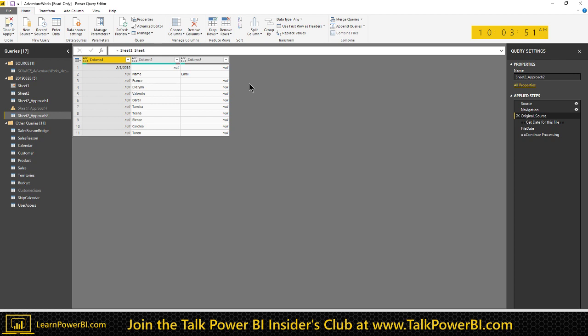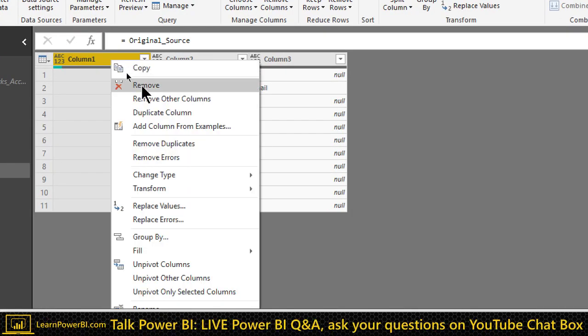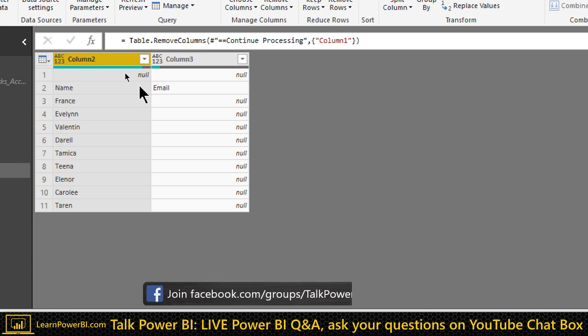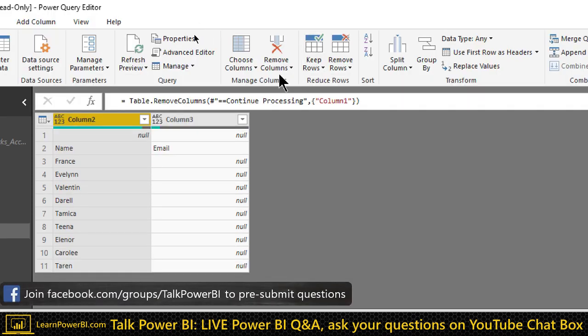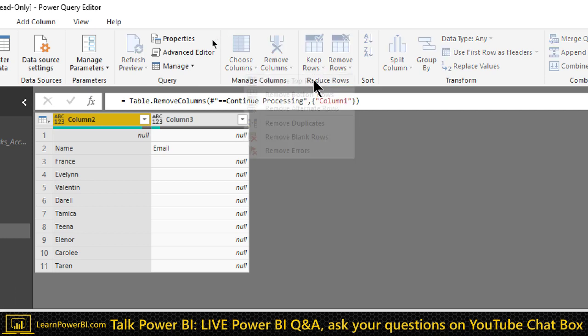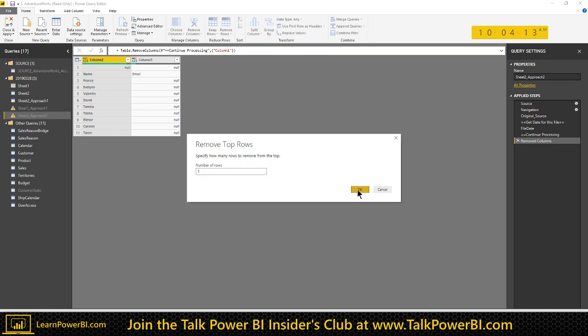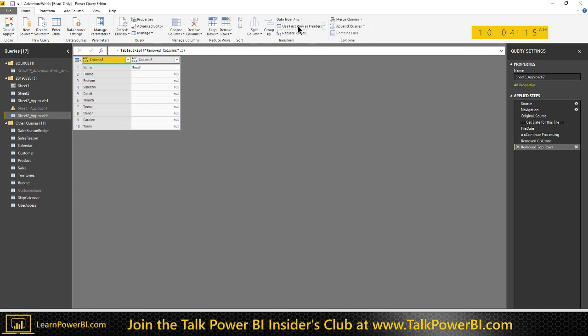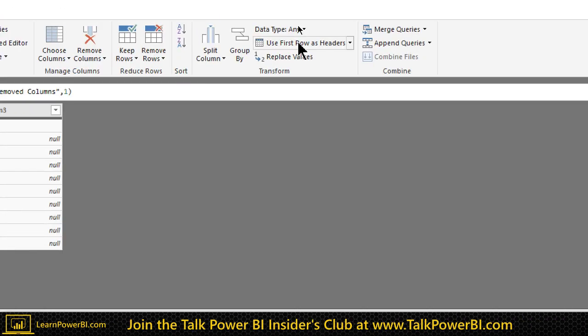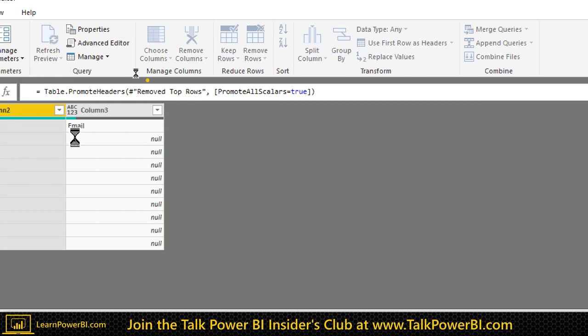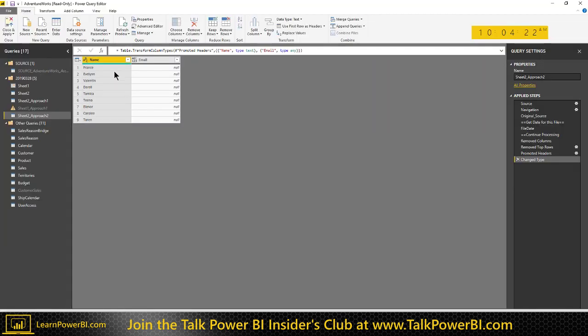So let's come back here, and we'll do sheet 2, approach 2. So we are self-referencing, but then let's continue processing. So here, what we can do is just delete this column. We don't need that. We already have that value. So we delete that, and then we can go through the rest of the stuff. Remove top rows, 1 row, and then we'll say use first row as headers. That bumps it up. And I love this part.